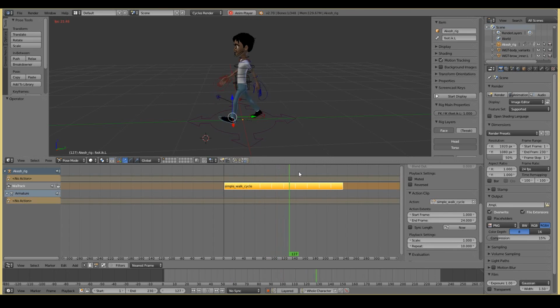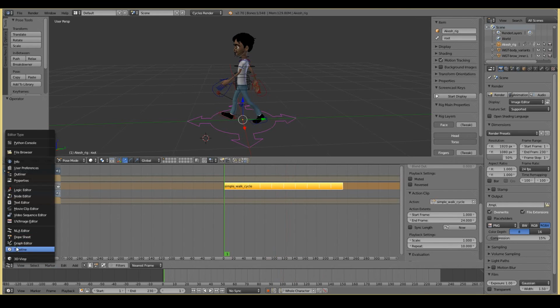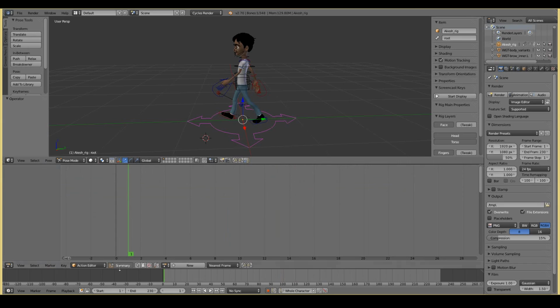And that's not all you can do with it. You can now create animation on top of that. So if I create a new action, by the way, when you go to the Dope Sheet for a second and go to the Action Editor, you'll find that your simple walk cycle animation is gone now, because once you apply that to the non-linear animation editor, it's gone from the actual action editor.